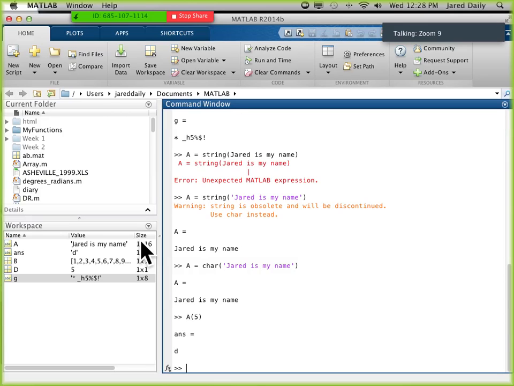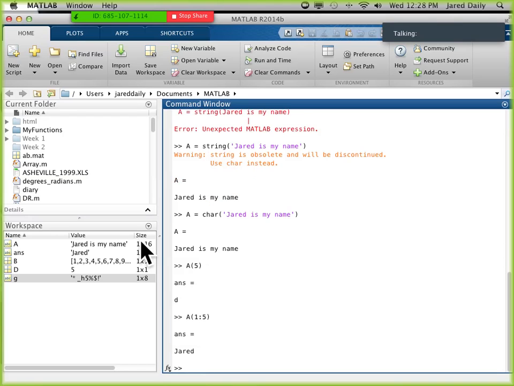Pretty simple, right? I can also do A, 5 through, no, let's do 1 through 5. And it takes out the first 5 from the array, Jared, right? You can also make another array. We could say B equals